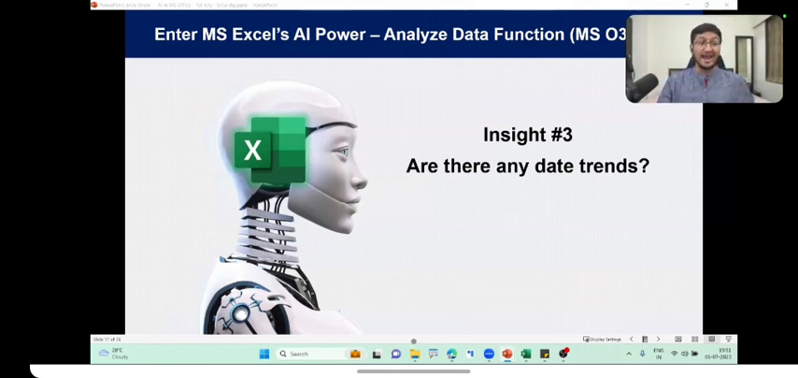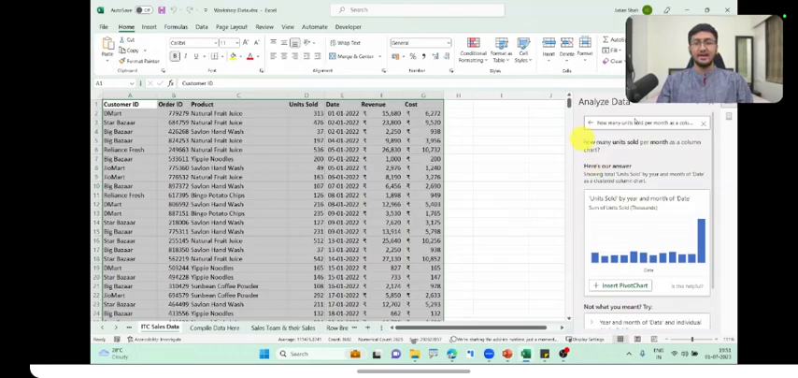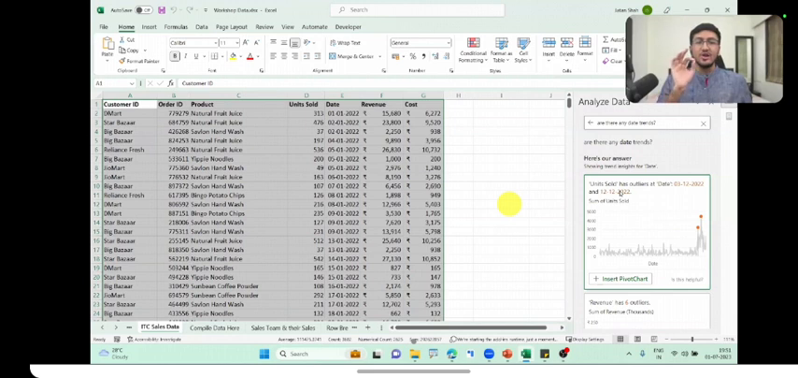So guys, I'm going to go ahead and now simply ask Microsoft Excel, are there any date trends? That's it. Question mark. That's about it. The moment I hit enter, look at this. Now I have the answer right here, which says that my total units sold had outliers on the 3rd of December and the 12th of December, which means on the 3rd and the 12th of December, and as you can